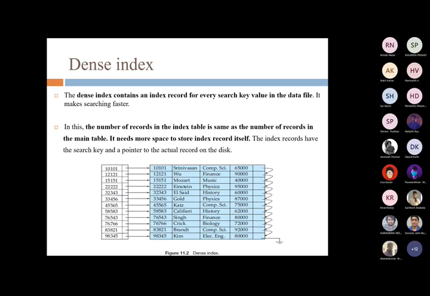So here the trade-off or difficulty is that you need to have a lot of space devoted to storing the index file itself, right? So the index records have the search key and a pointer to the actual record in the disk, right? So this you can visualize, right? So generally an index file contains two columns. One is going to be the search key, and the next column is going to be the pointer to point towards the location of the search key in a particular record that is present in a disk,